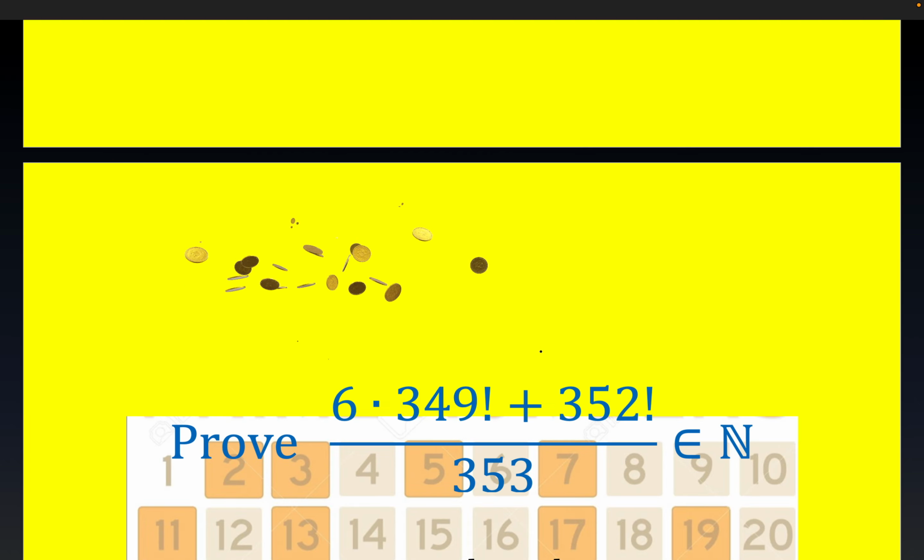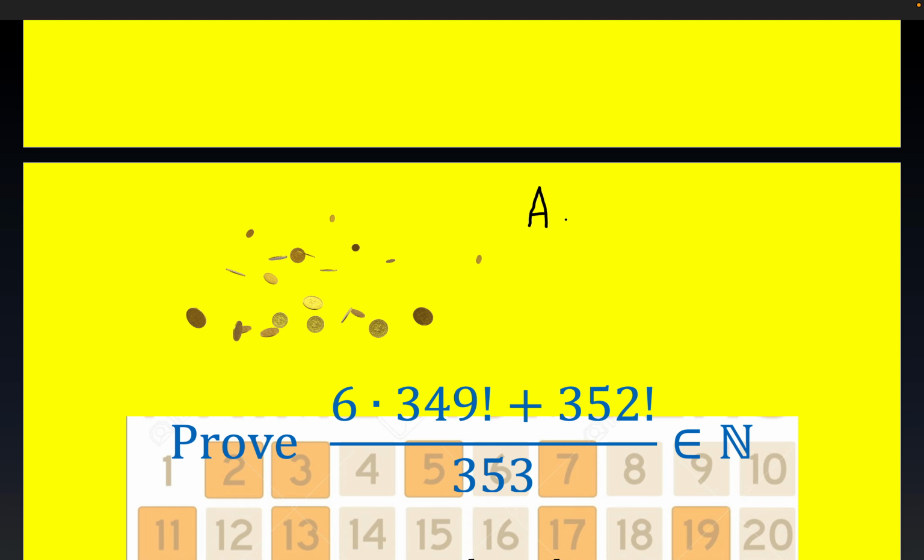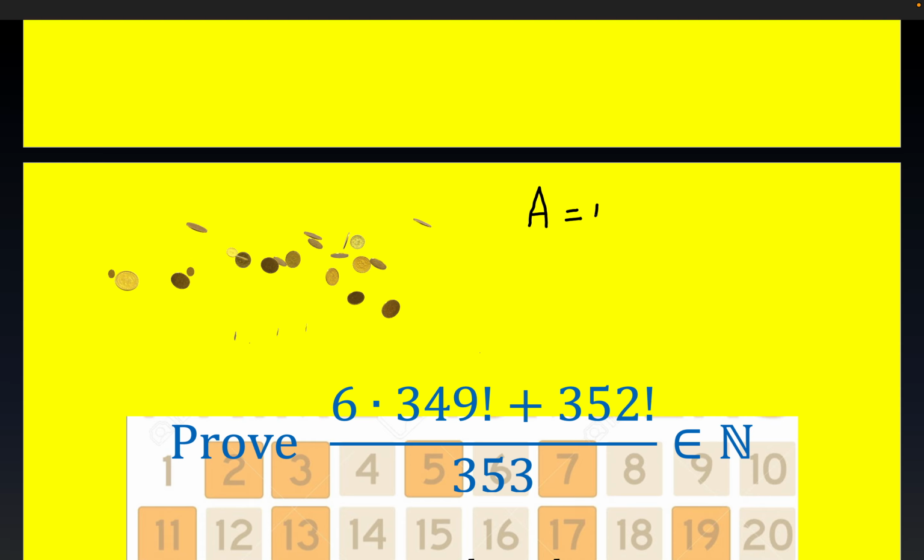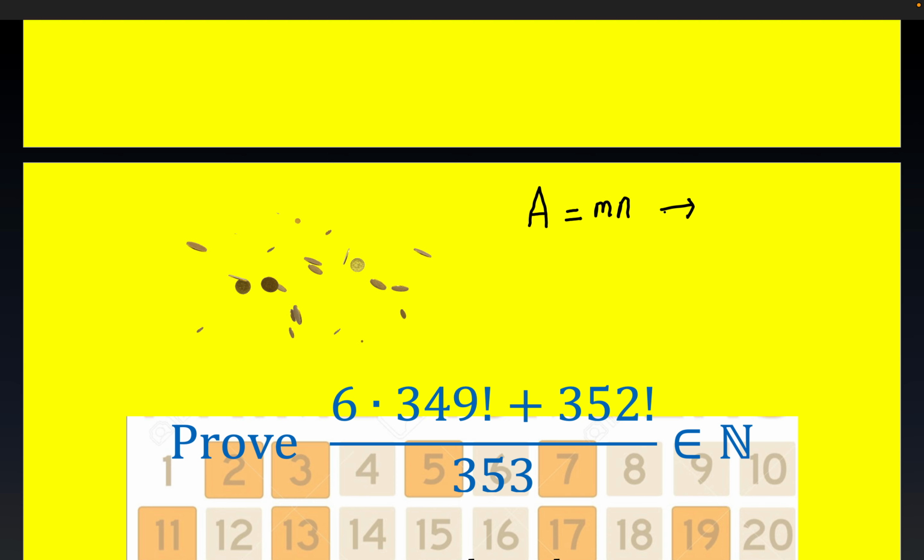Before we start this problem with a ginormous numerator, I want to write down an equivalency, which really is almost definitional with respect to congruence arithmetic. I'm going to write down: A is a multiple of N. That reads, these are all integers, all right? And I'll do the double arrow for equivalency, if and only if